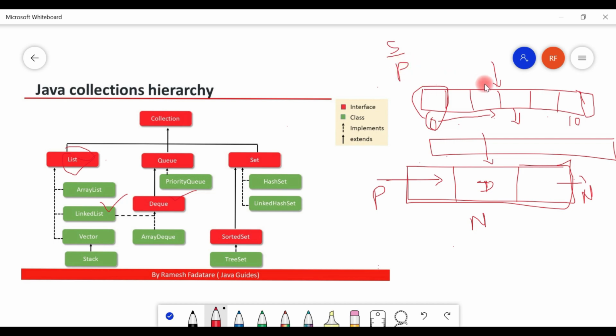performance, whenever you have operations like insertion and deletion at the middle of the collection, then linked list is much faster than array list. Okay, and in case of memory usage,